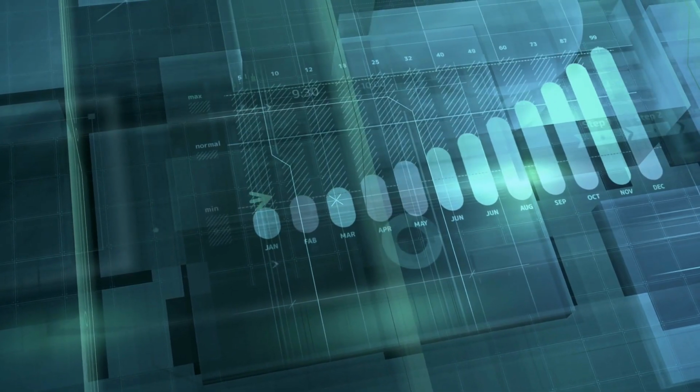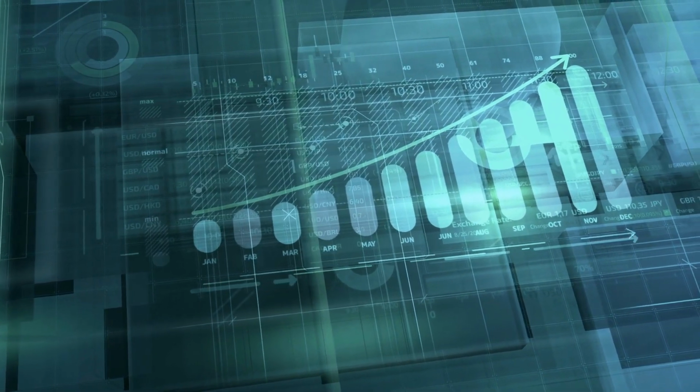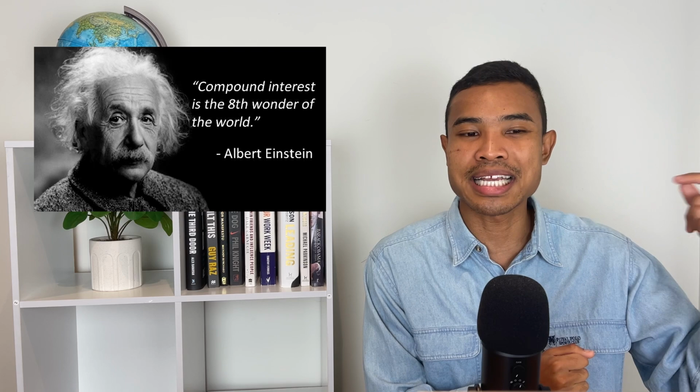As I'm sure you're all familiar with, compounding, the returns, the gains, have the ability to grow exponentially, particularly with the returns being more pronounced over longer term periods of time. Einstein once famously said that compound interest is the eighth wonder of the world. But with all of that context, with all of that understanding, you might be wondering, how does it actually work?